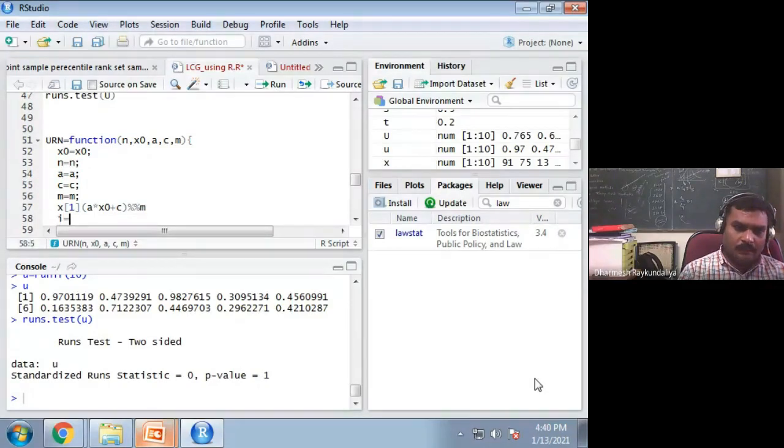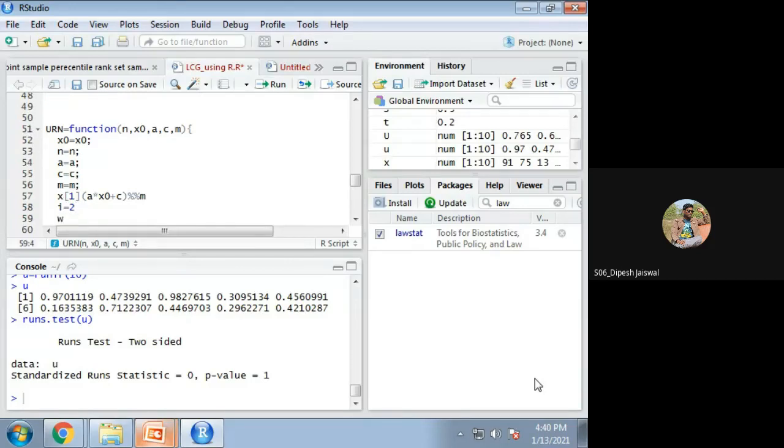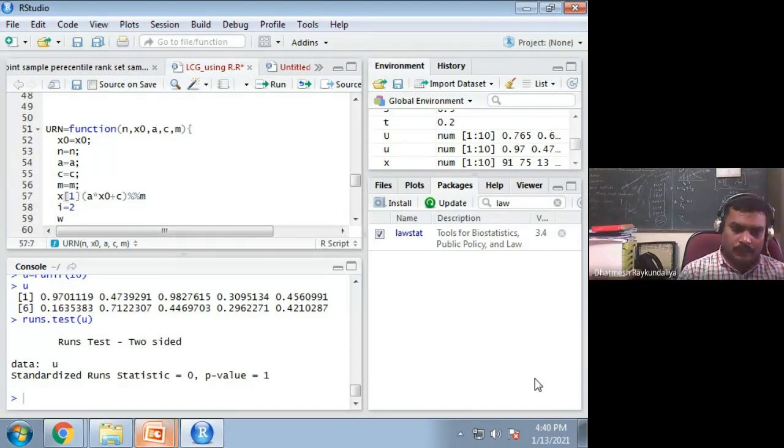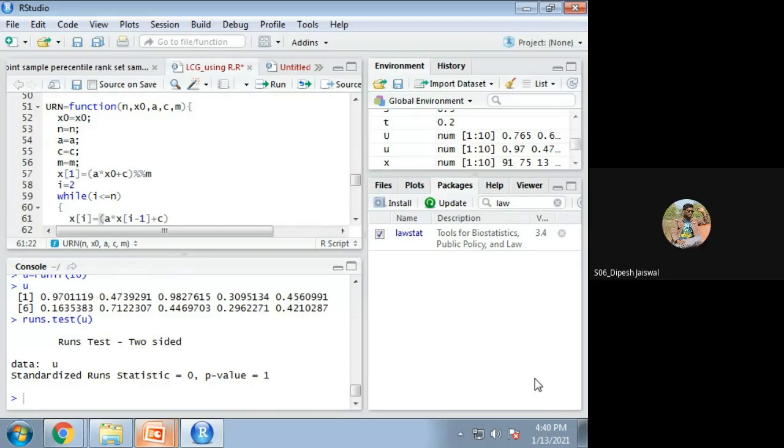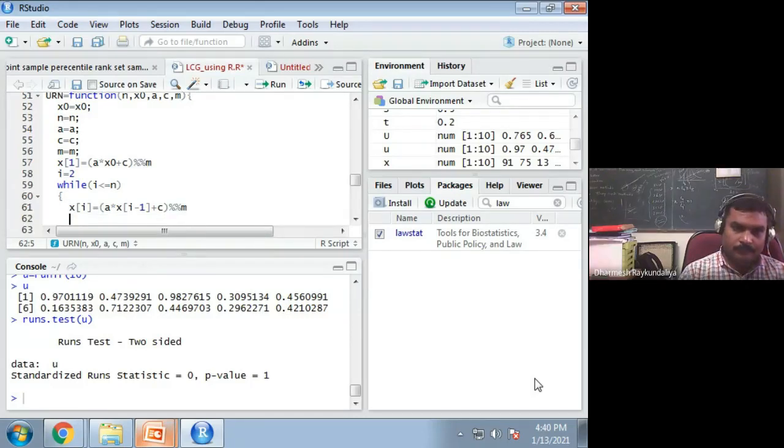Then I give i equal to 2, while i is less than or equal to n. What we can do is x of i equals a into x of i minus 1 plus c, modulo m, and i equal to i plus 1.